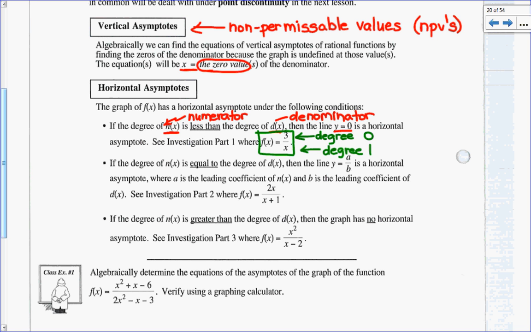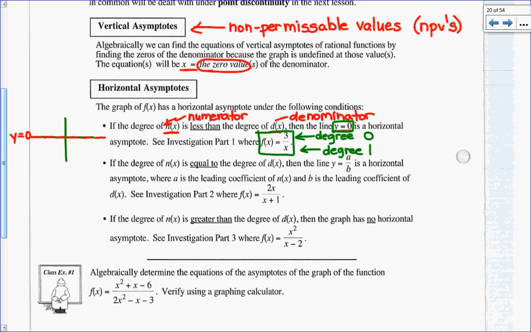So what this is saying is if the degree of our numerator is less than the degree of our denominator, then the line y equals 0. If you're picturing this on a graph, where would the line where your y value equals 0 be? Right. That is this horizontal axis. That's the line where y equals 0. So that would be your horizontal asymptote in any rational expression where your numerator has a lower